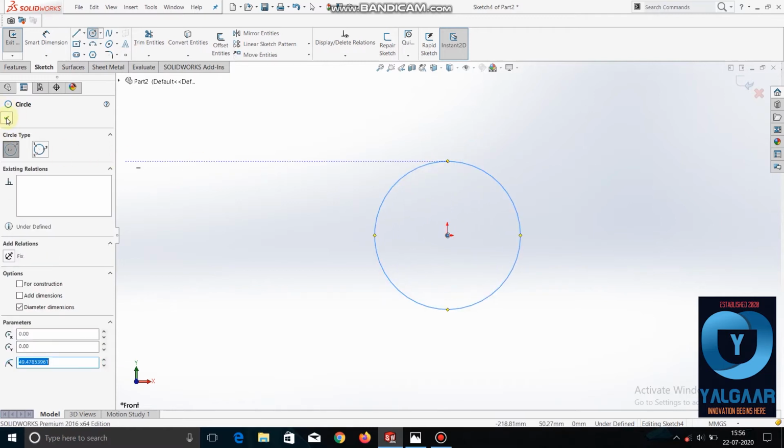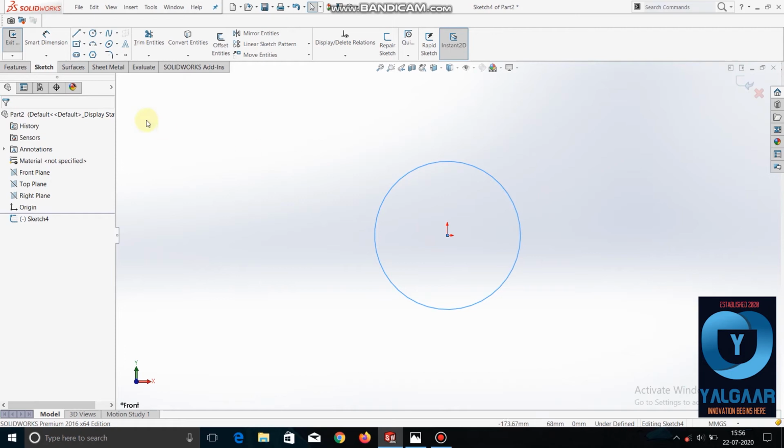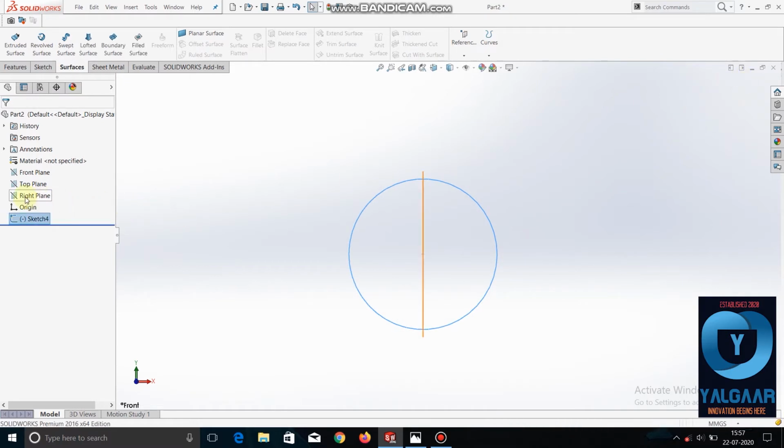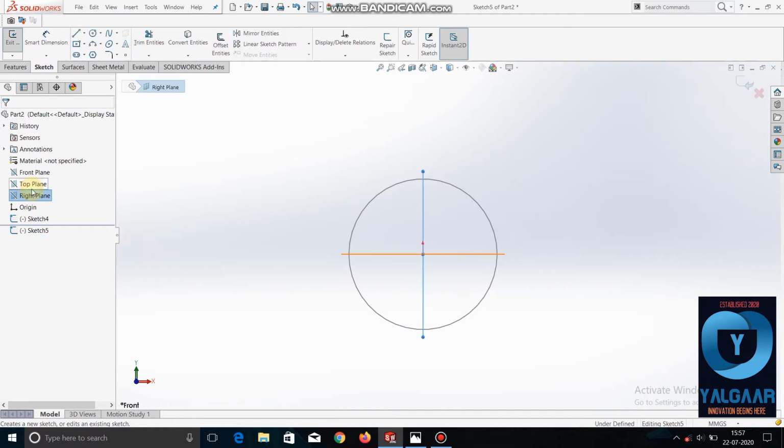These features of surfacing are the same as in part modeling, so I will not explain in depth. I will just explain the unexplained parts. Whenever you do a swept boss or loft, you should do the profile in another plane. Always remember that.